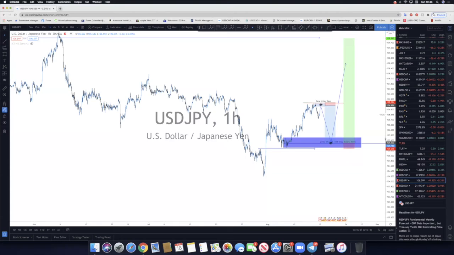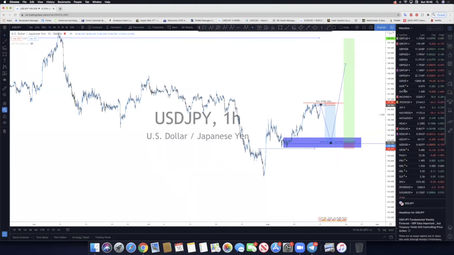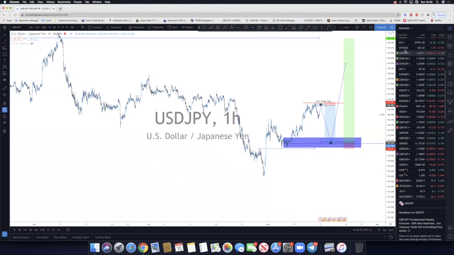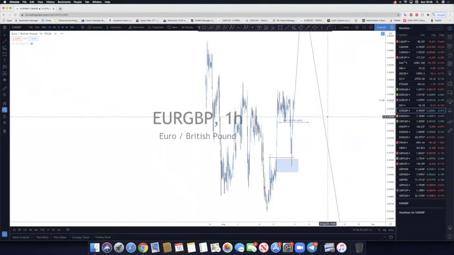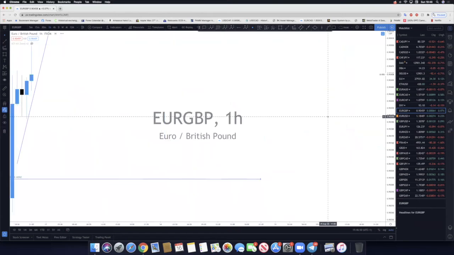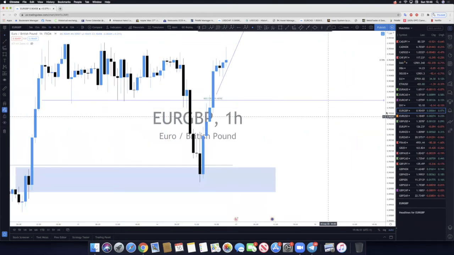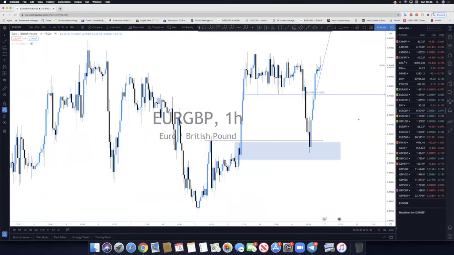Okay. So far we have got 3 setups. Let me see if I can give you EURGBP so that people can see what is happening. EURGBP is a buy trade. Euro pound is a buy trade, and we are waiting. It is not clear at the moment, but I'm looking for a buy.